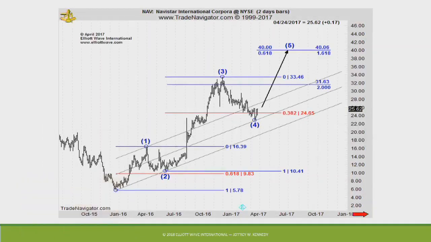This is a 5-wave move. This is Navistar. You see the 1, 2, 3, 4, 5, A, B, C. This is clearly wave 3. It's the longest wave. It's the sharpest move. Within a 5-wave move, wave 3 is the one where you go, wow, man, look at that market move. Either to the upside or to the downside, doesn't matter. If you're looking at a price chart and wondering, maybe that's wave 3, it's not. Wave 3 is that price move that you can look at and go, dude, that's wave 3. There's no question. That's a third wave.